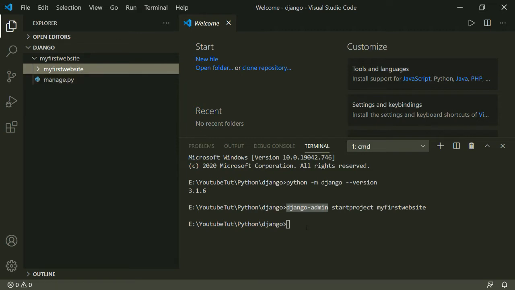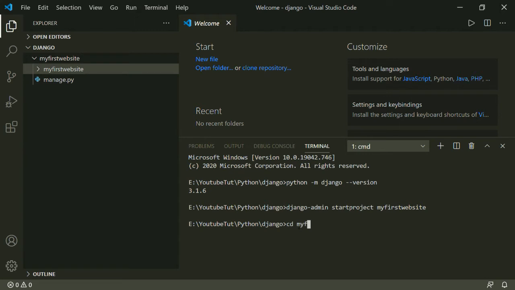Okay, if you want to check whether Django is running before creating the app, we can simply run and check whether the Django project has been successfully created.